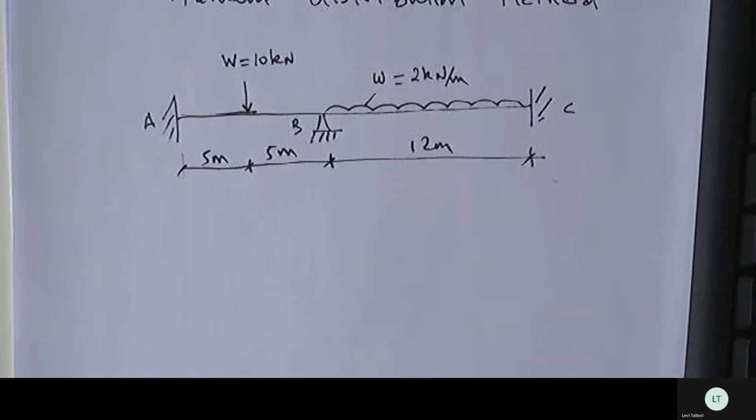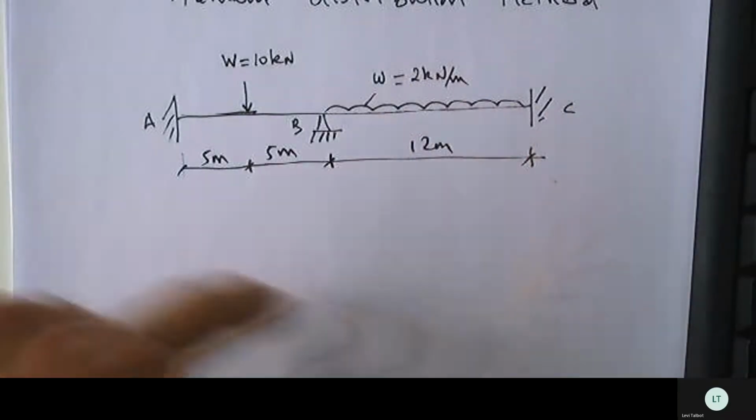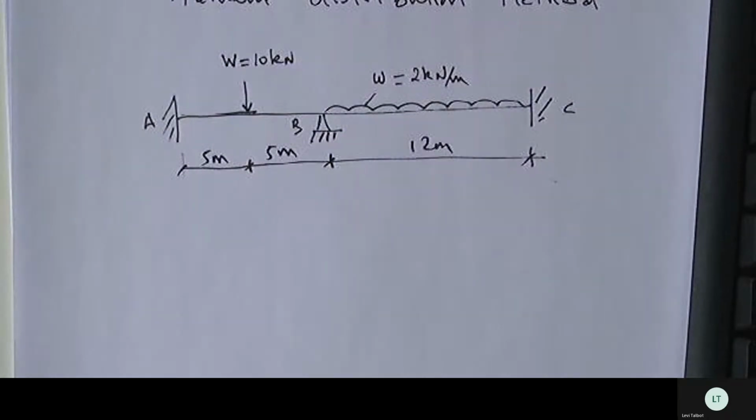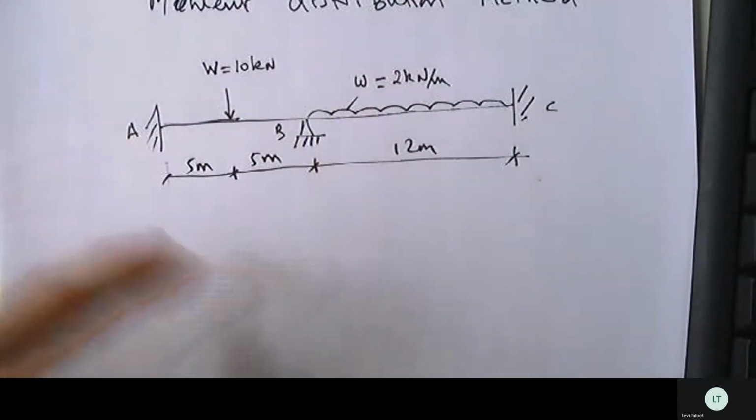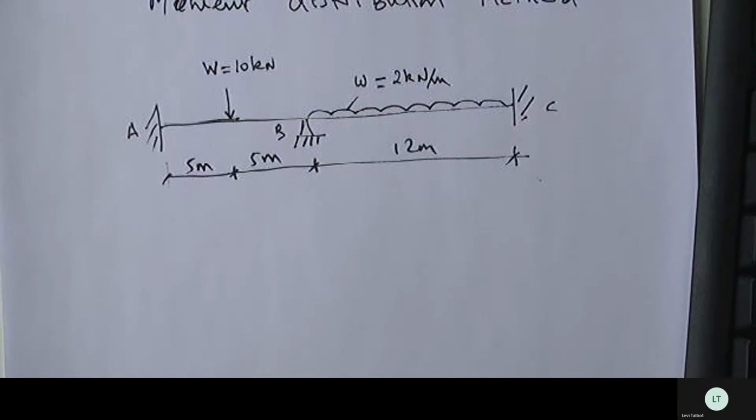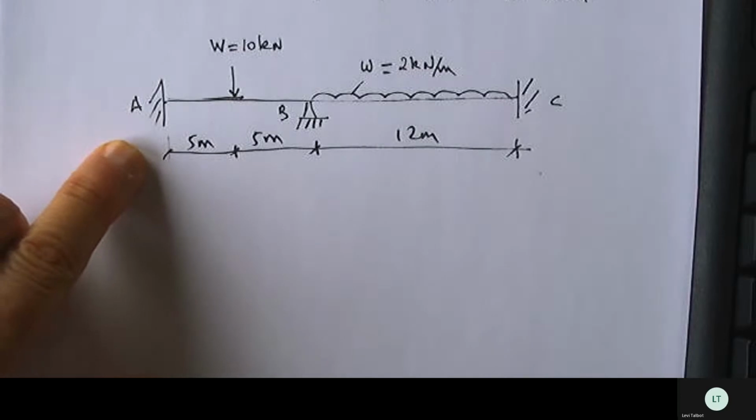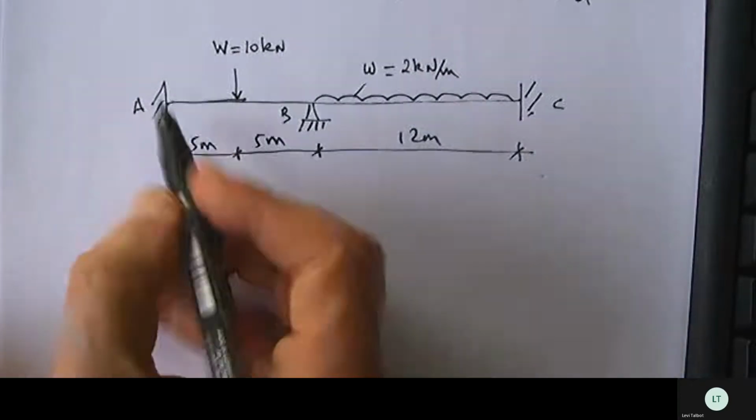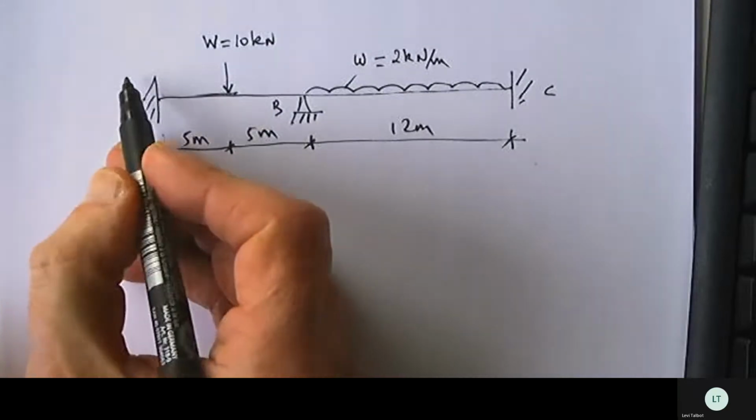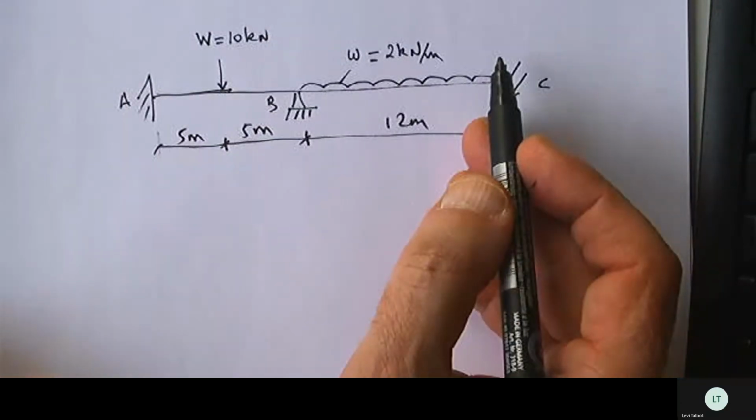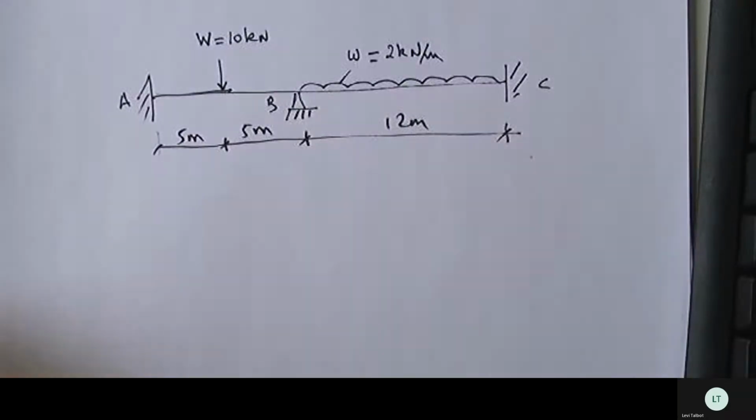Okay, so as I said earlier in the introduction, if you want to solve this using the equation of equilibrium, you simply will not be able, because how many unknown reactions do we have here? Can you count them? How many at A? 3. Yeah, vertical reaction, horizontal reaction, and moment. Then you have 3 at C, so that's 6. And then you have 2 here, so that's 8. Yeah? So there are 8